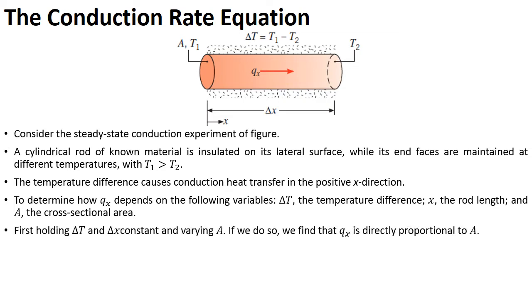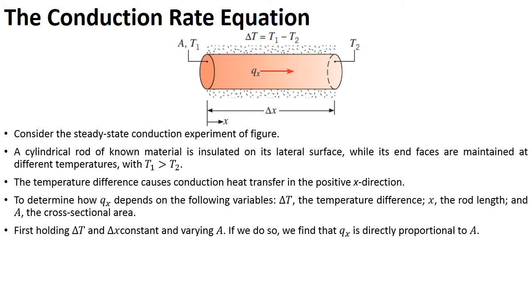First, we are going to keep the temperature difference and the length of the rod constant, and we are varying the cross-sectional area. If we vary the cross-sectional area, then we will find that heat transfer is directly proportional to the cross-sectional area. It means that when we increase the cross-sectional area, heat transfer will increase, and if we reduce the cross-sectional area,